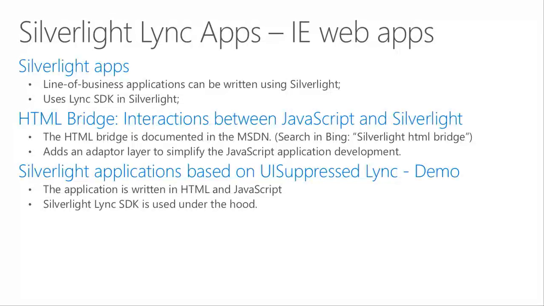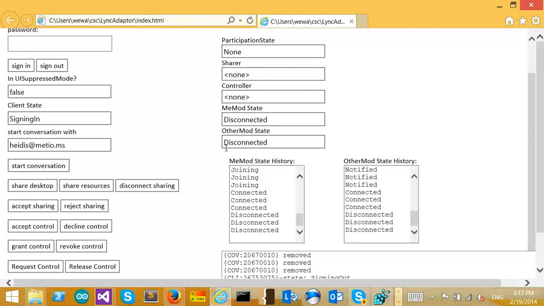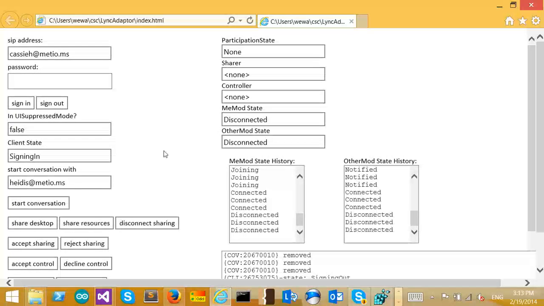Okay, I think I can just show you this demo. So this is the application that I'm going to show you. It's almost exactly identical to what I just showed you using WPF, but this one is written in JavaScript and HTML. Underneath it uses the HTML bridge so that it can talk to the Silverlight, and the Silverlight talks to Lync. So if I refresh this one,